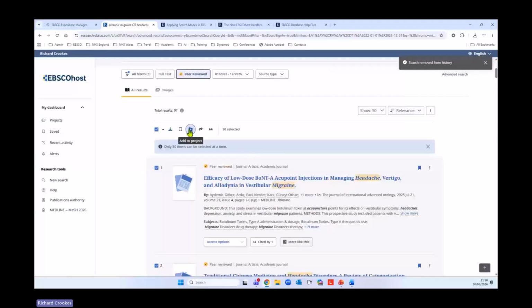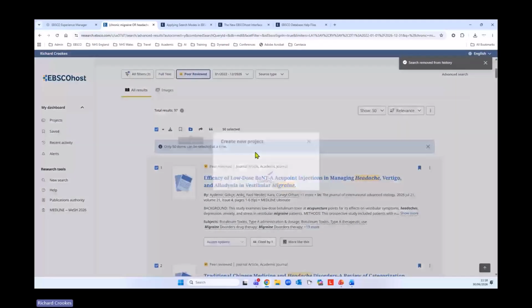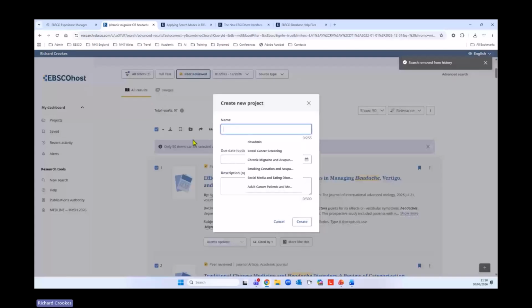So add to project means if I go in now, because I'm signed in, it will prompt me to add to an existing project or create a new one. So I have these existing projects here. So if I go to create a new one, then I would just add, this will be chronic migraine, which I've done before, as you can see there. So I'll put